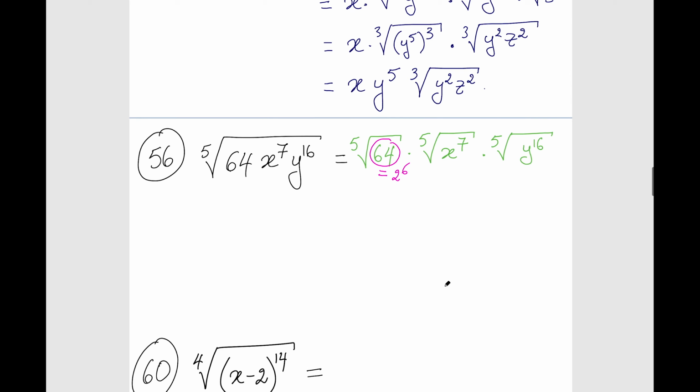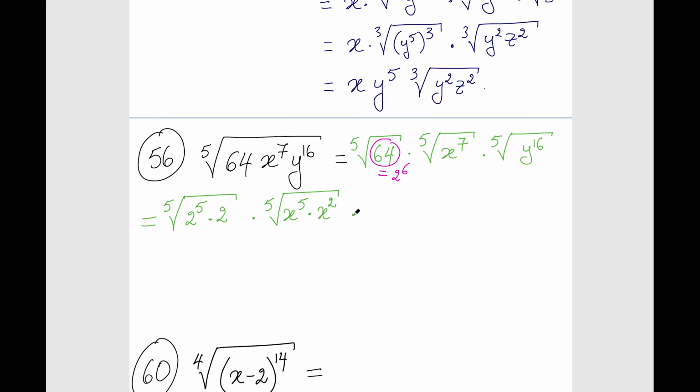All right. Anyway. Okay, so back to this. This is the 5th power of 2 to the power 5 times 2, correct? Because 2 to the power 6 is 2 to the power 5 times 2. Similarly for the next one, x7, the highest multiple of the index, which is 5. The highest multiple of 5 and 7 is just one time. So you get x to the power 5 times x to the power 2,